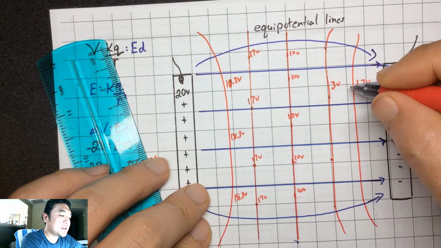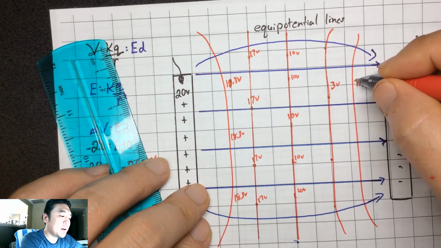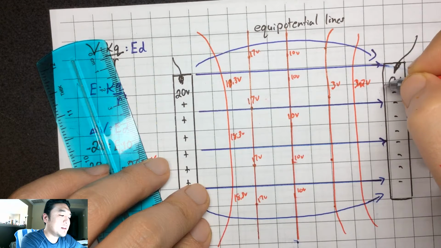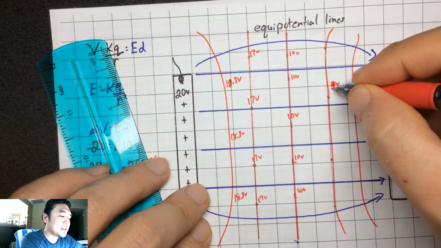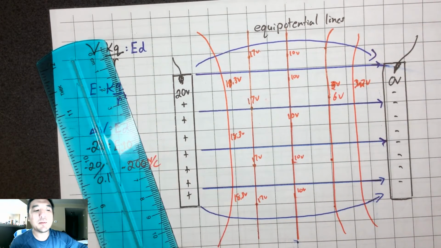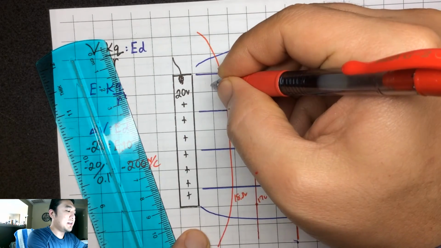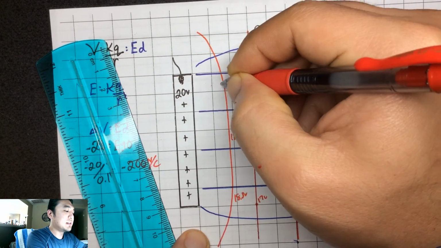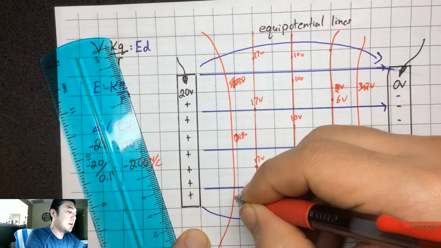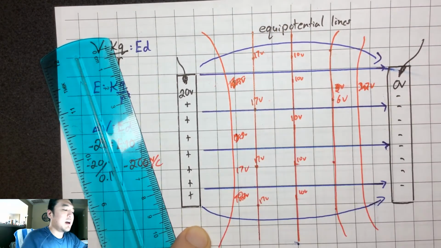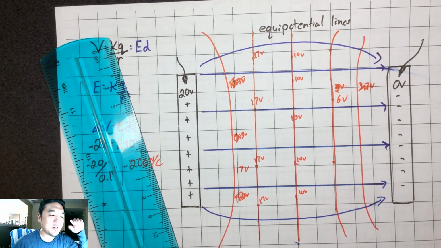So this is actually 2, this is going to be 4, so this is going to be about 3-ish. This is going to be more like 6. Same thing over here. This is not going to be 18. This is going to be more like 17-ish. My bad. Anyways, so all these lines are of equal potential, and what you should notice is that the electric